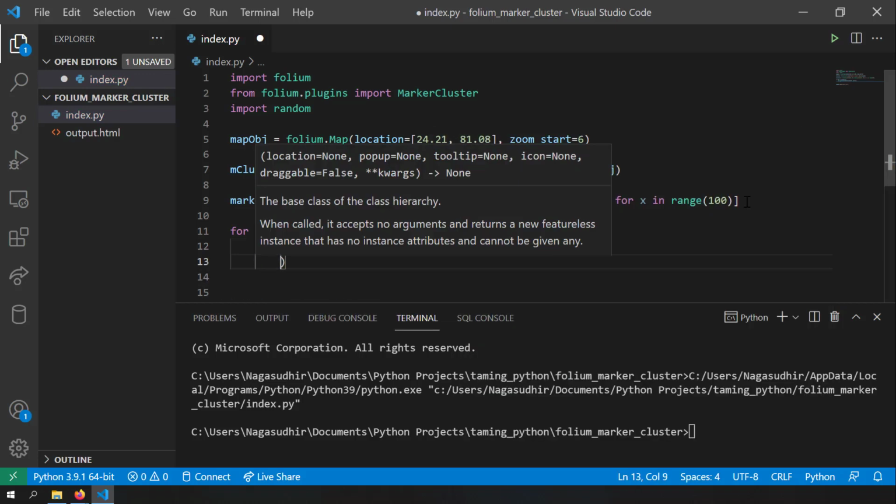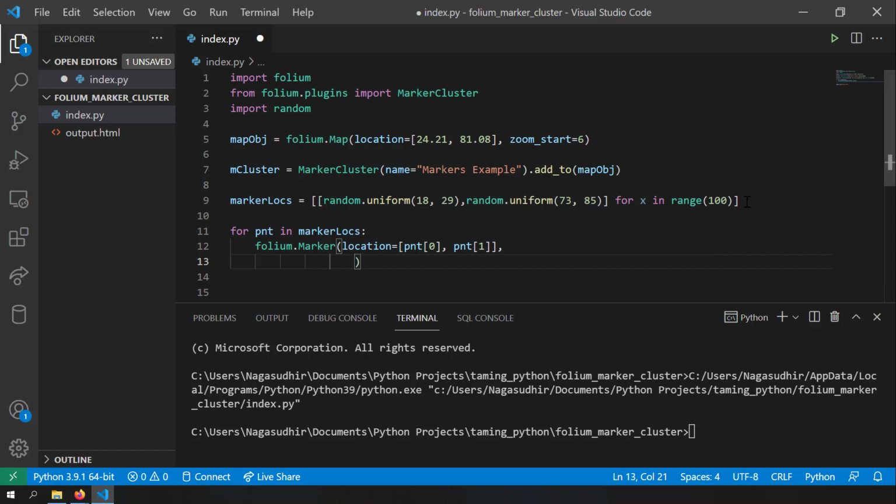I'm just giving some pop-up so that you can have a pop-up experience. So I'll just write pop-up equal to, and in this pop-up I'll just write the point coordinates. So I'll just write a string something like this, point equal to, and here I'm going to leave the latitude and the longitude, and let me try to format with the values. So here in the pop-up, when I click the marker, I should get the location of the marker. So now I've created a marker.